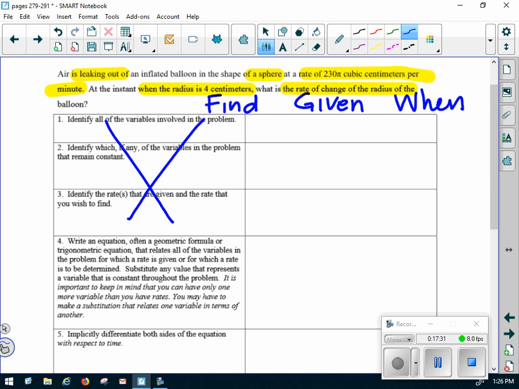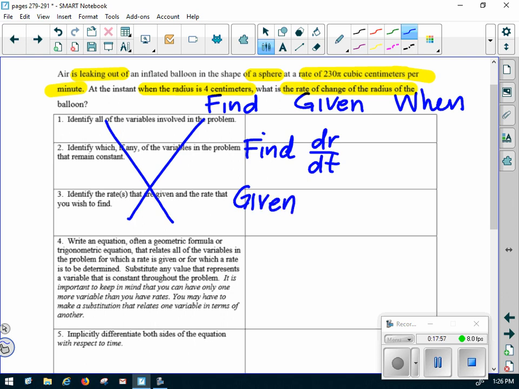Okay, what are we trying to find? The rate of change of the radius. So find, what am I trying to find? dr dt. I'm trying to find dr dt. Given,